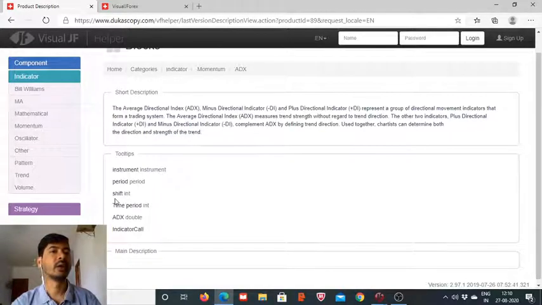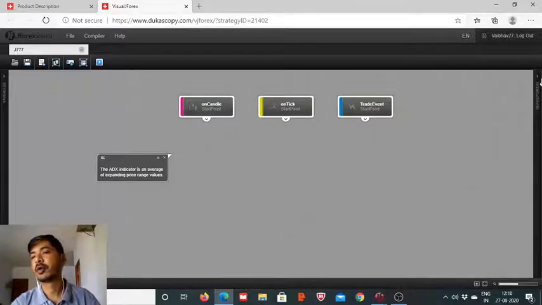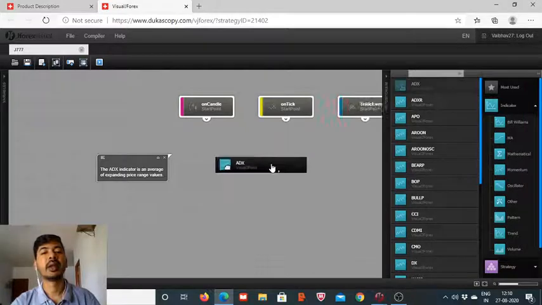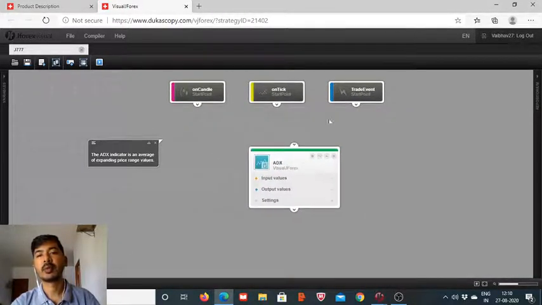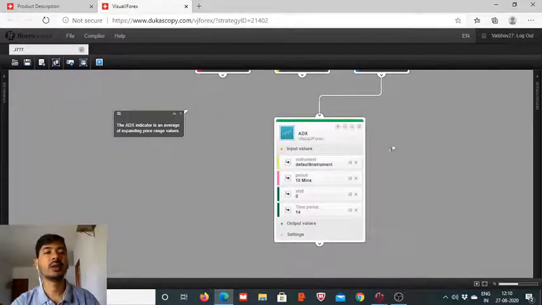So let us go to the Visual JForex platform developed by Dukascopy Bank SA. Here we add this indicator, which is under the momentum indicator listing. Here we go. Now the start point can be any of the three, as I have said in prior sessions as well. Here you can read that